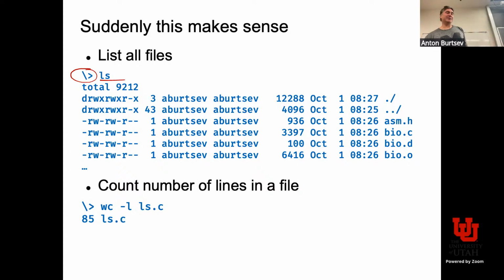And you say, wow, can I do something smarter than just listing the files? Well, they have a tool like word count, which takes a couple of arguments and can count the number of lines in a file, right? And that was the world. And they said, okay, how do we interact with the system? We're going to build a shell. You boot into a system and you see a shell.